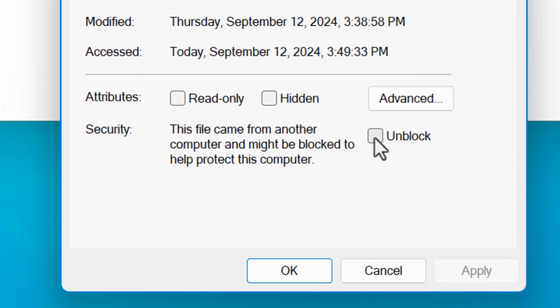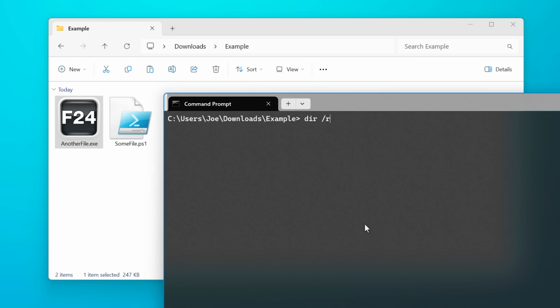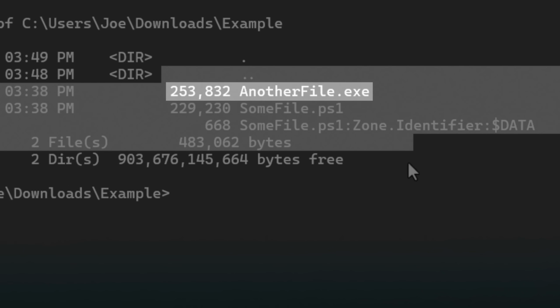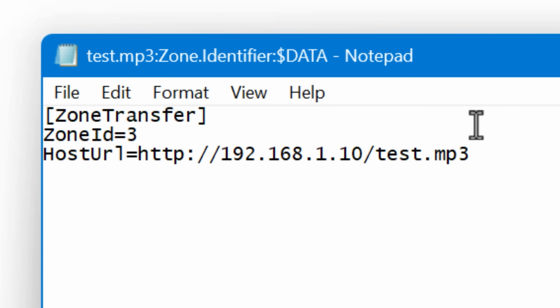Oh, and as for that unblock button, well, selecting that or choosing to run a file if Windows popped up a warning, doing either of those simply deletes the alternate data stream file, so it won't show the warning and no longer shows the unblock message in the properties. As for the zone transfer thing, that's basically just a header. It's not an actual setting. Basically, the syntax is that of an INI file.